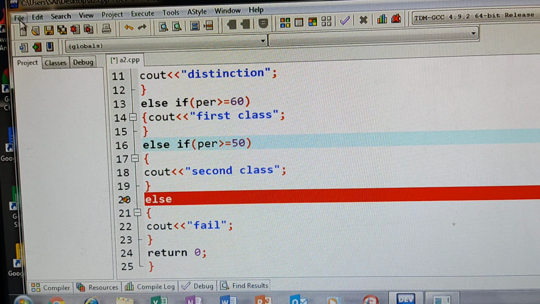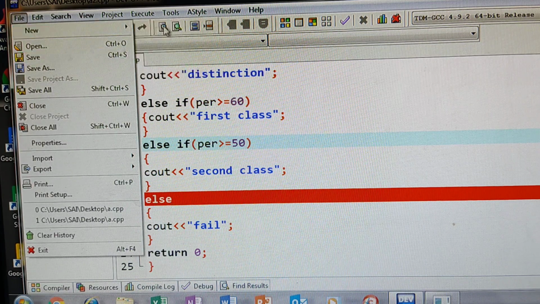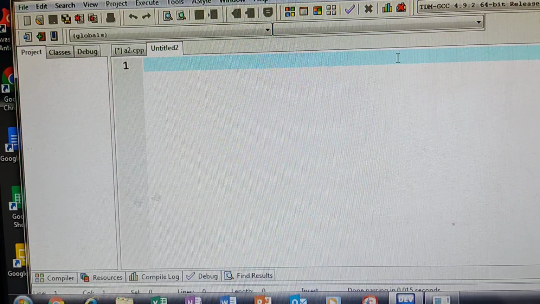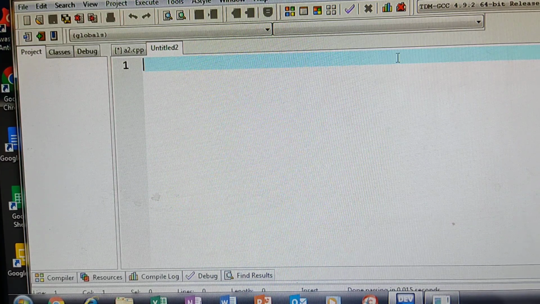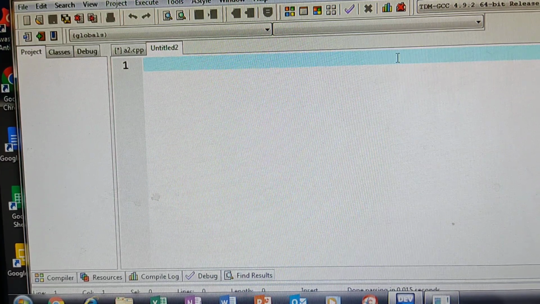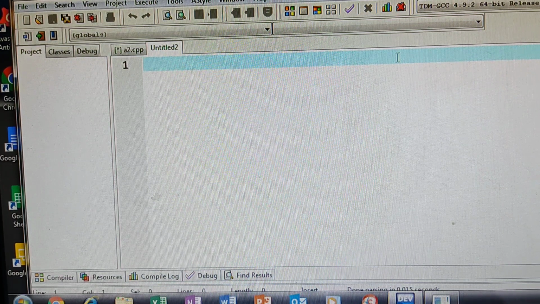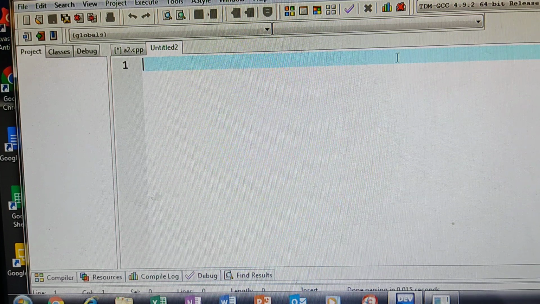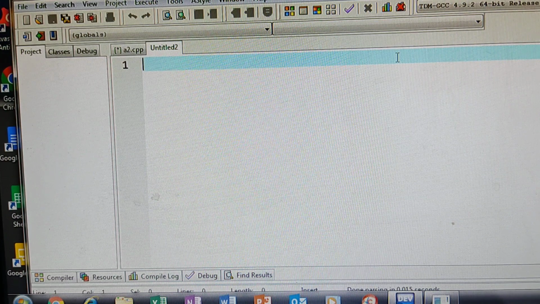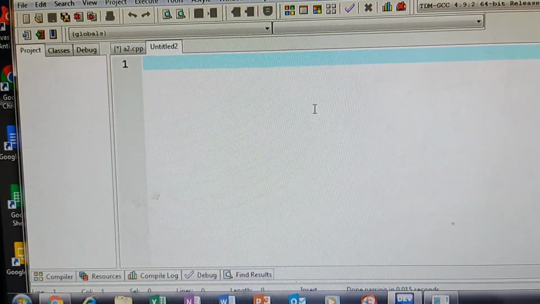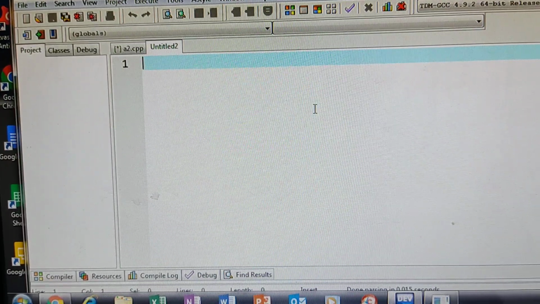Now I will explain a switch. I am opening one more source file. Switch is a multivariate decision making statement. Already I have explained the theory part. If you have a larger number of conditions to check, then in that case we will use a switch statement. Here whatever relational expression result is there, that is compared with the case labels. And here I will show you how to write an if statement with the possible case labels. Now you see the switch statement example.